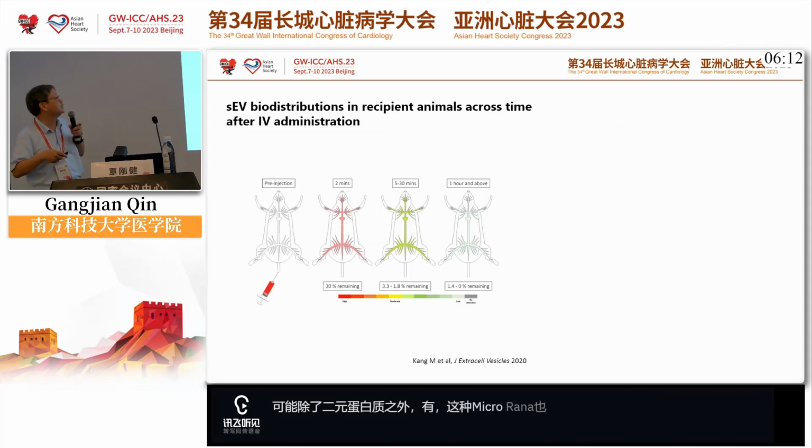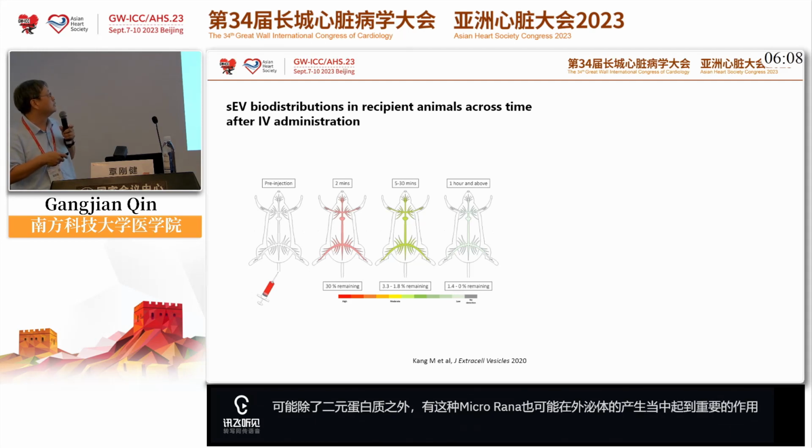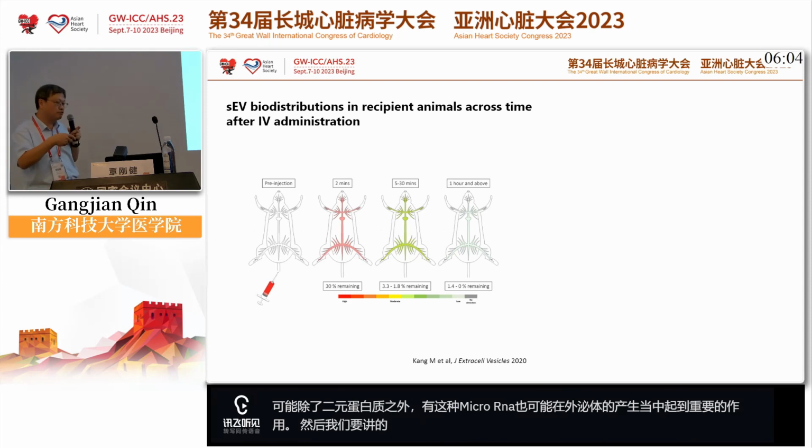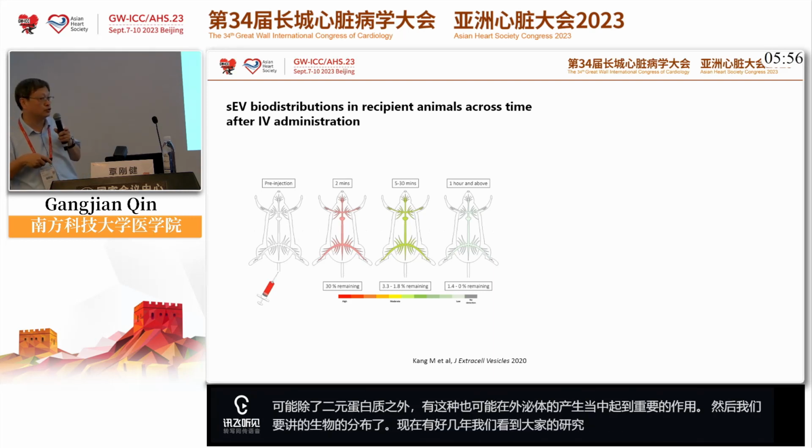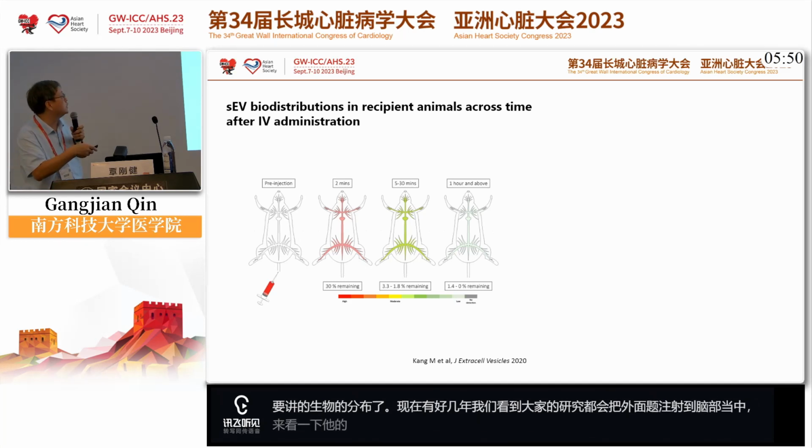And lastly, I think the biodistribution. In this paper, they summarize quite a few years of work where people injected exosomes into the blood and then looked at the biodistribution. They exhausted all the publications up to that point. So basically, they find that